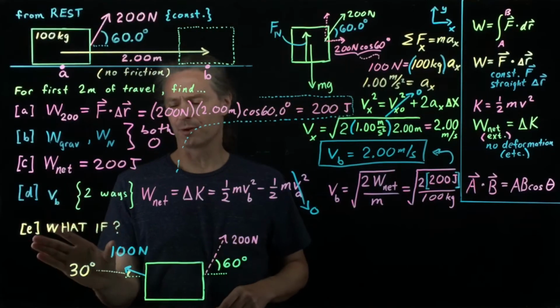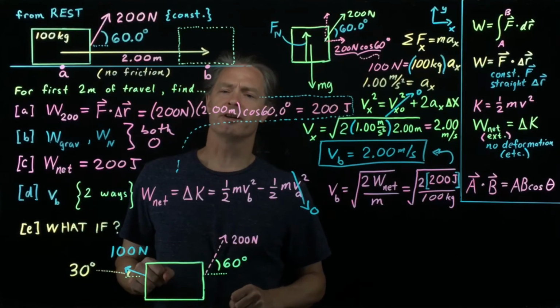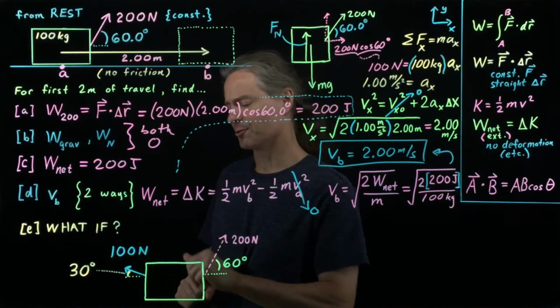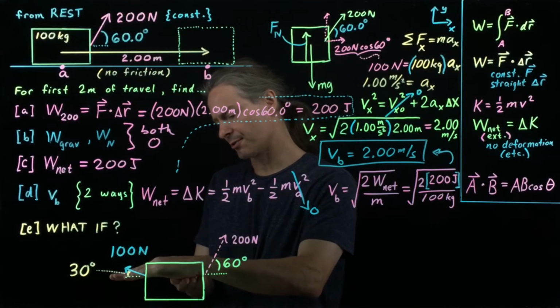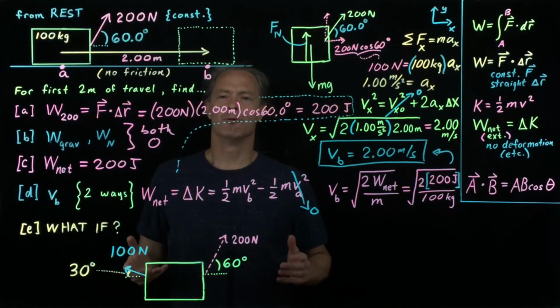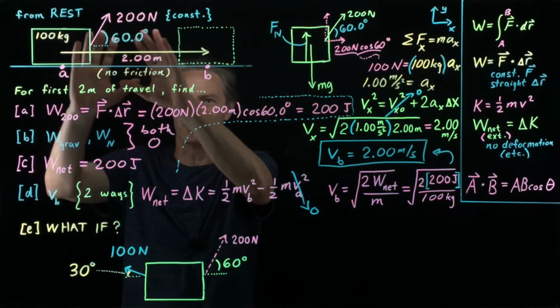So now let's explore the what-if scenario. What if, in addition to the original pulling force, we have another pulling force of magnitude 100 newtons and direction 30 degrees above the leftward horizontal? What will happen then? Well, first, let's check to make sure this thing is still going to accelerate to the